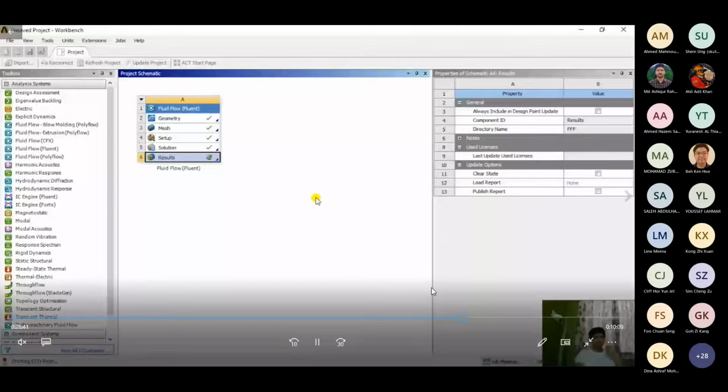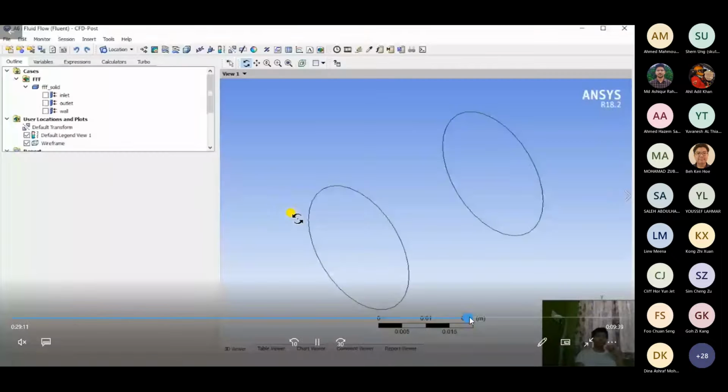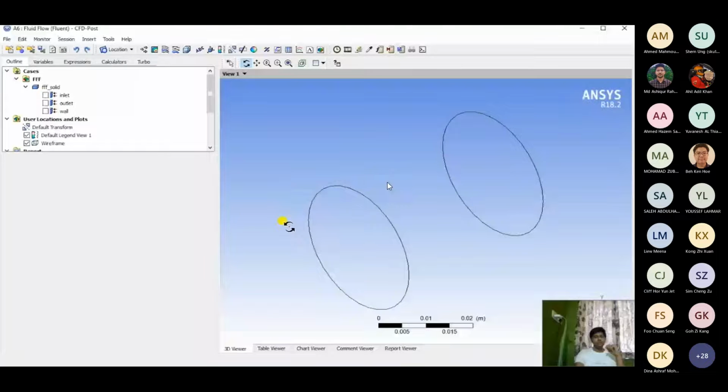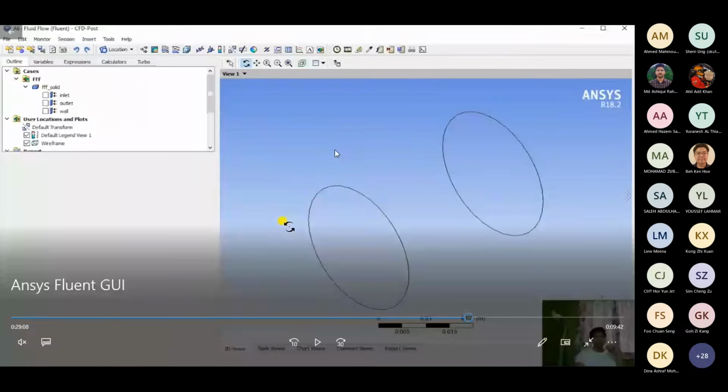So here you'd see the results tab or results software, where this is the basic UI of your software. Here you'd see the outline tree in which whatever changes you are going to make, if you are going to add contours, vectors, streamlines, will appear. Here also there are different tabs for outlines, variables, expressions, calculators, right? So each tab has its own purpose to fill.